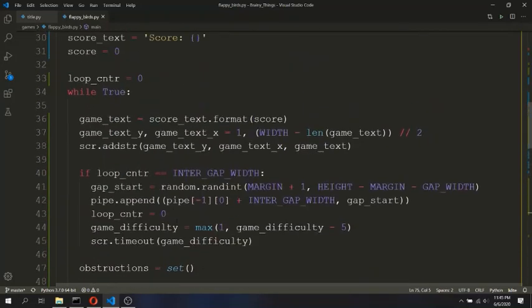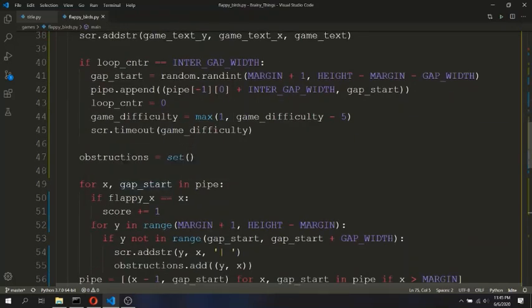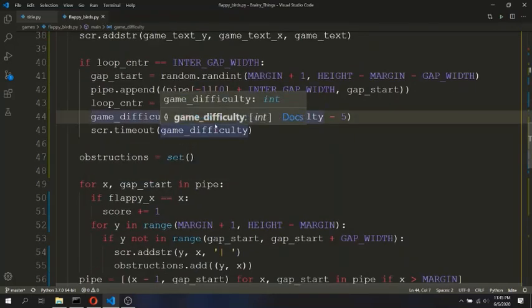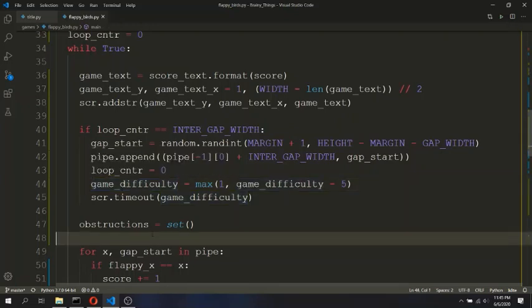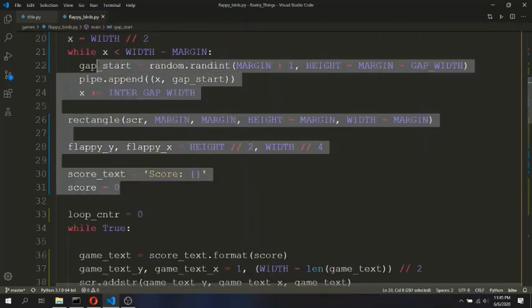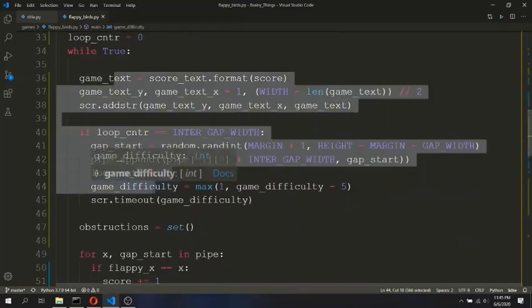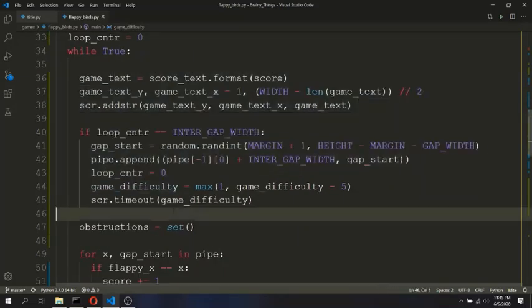The changing of the game difficulty that we have discussed over here is completely optional and you don't need to do this if you don't want to. I'm just explaining what possibilities you can have in any game development. The main intention of this video is to make you understand the game development logic so that you can develop any similar game like this with the initialization section and the game loop section using the Curses library.